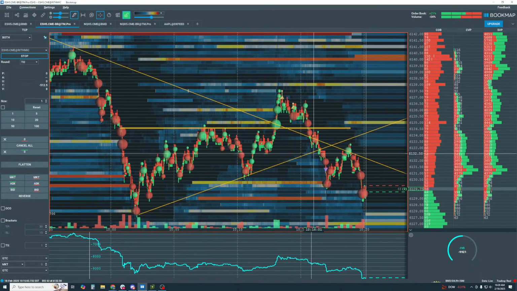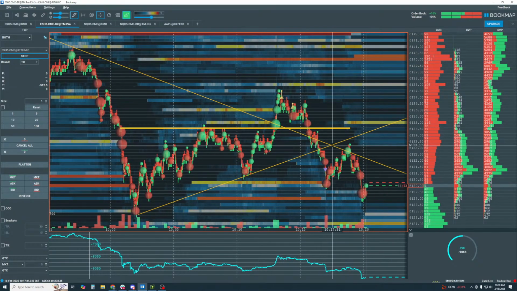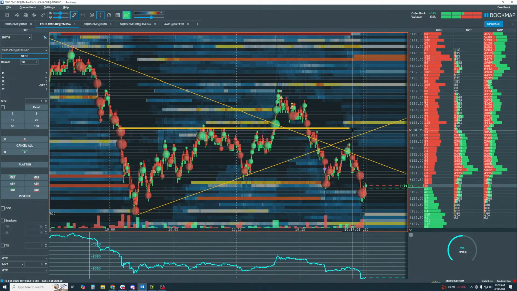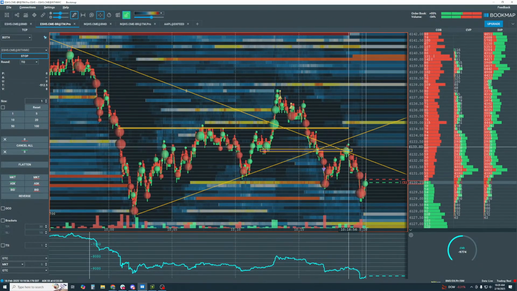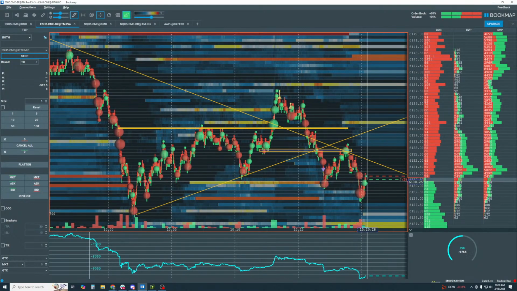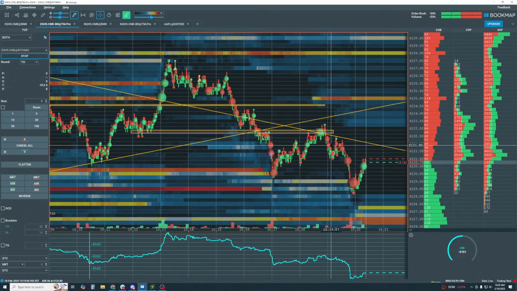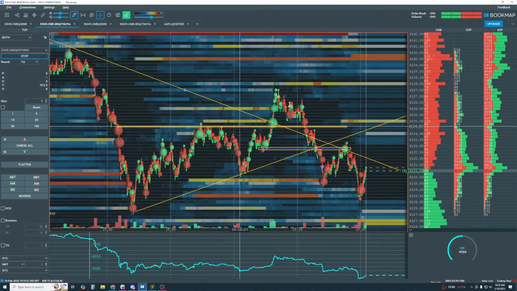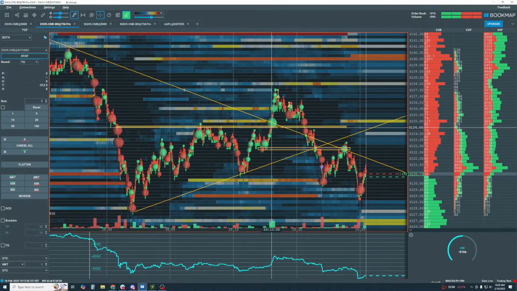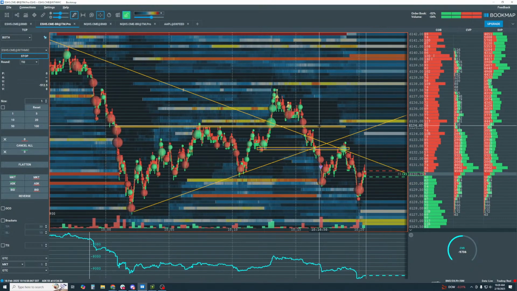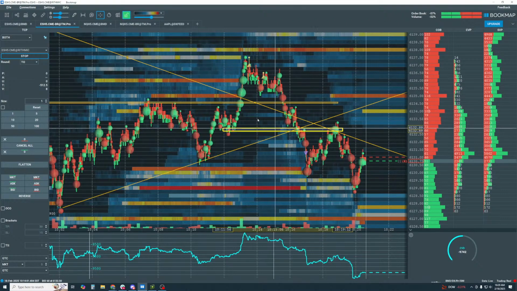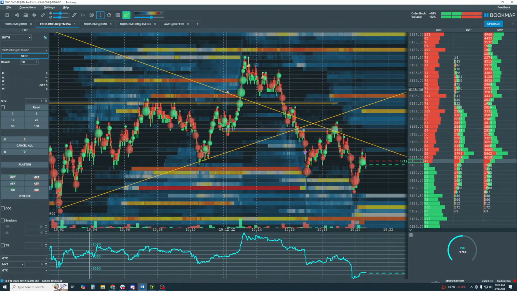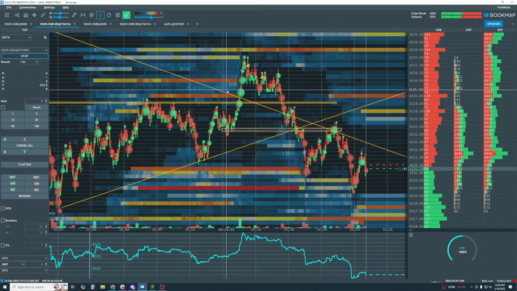Right, and you can kind of see that, well, we didn't come back up and retest it, but there's another one kind of here. We did retest that one, and it failed. Okay, so, yeah, it's a little more convoluted in here, but a lot of times it's just one line going across, and you'll see it retest back up here and fail and go through, and this becomes our pivot point in here to take a look at. All right, so I hope that helped Leah answer your questions on the volume dots.